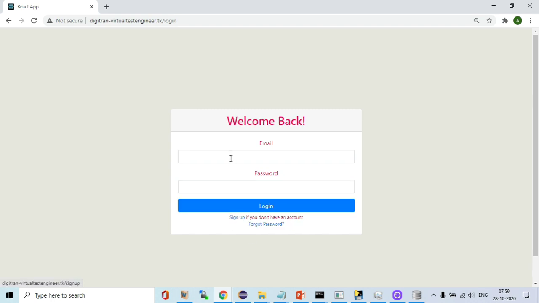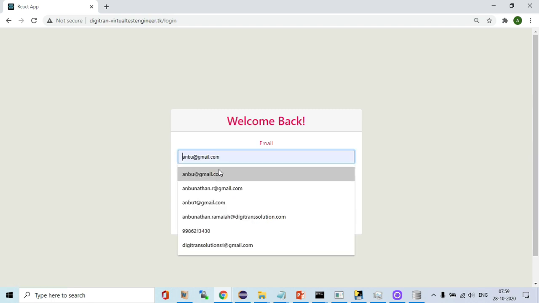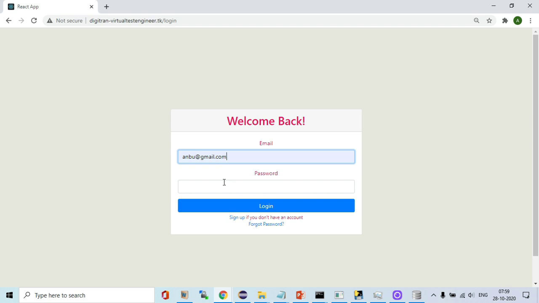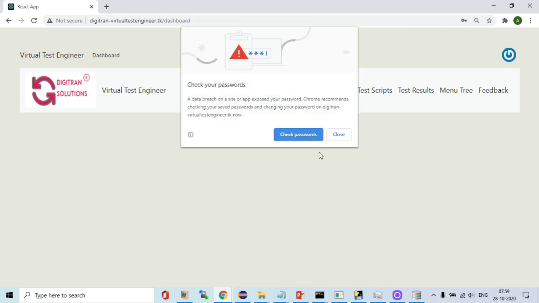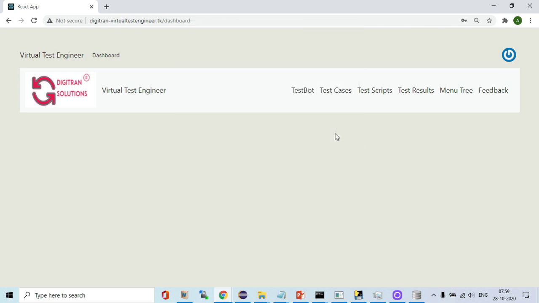In my case I have already signed up, so I'll use my mail ID and then password. So already I have logged in.